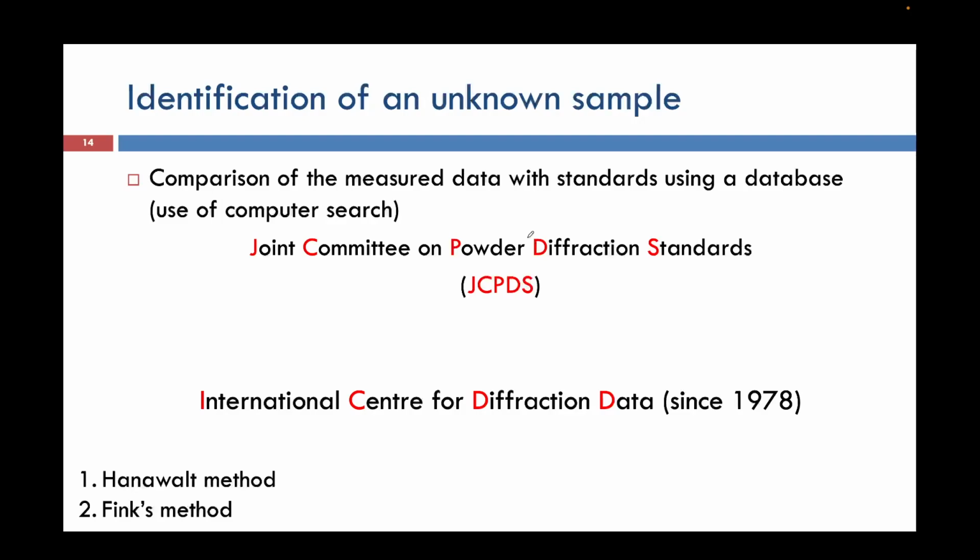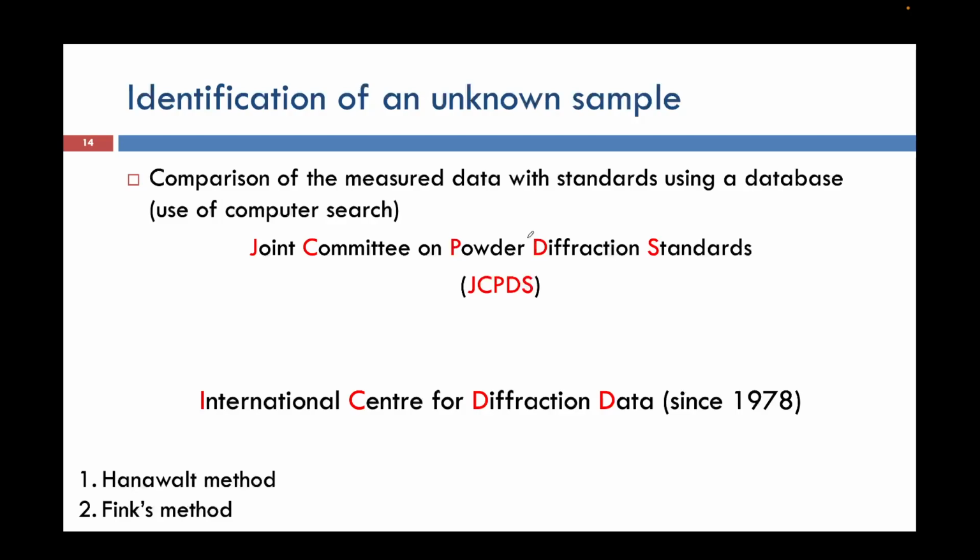So ultimately all those information we will get when we identify our sample, right? If we are not able to identify our sample, then we will not be able to get all the information. We cannot index those things, and once we cannot index those things, then we will not be able to get further information. So now comes the important section of X-ray diffraction, that is the identification of an unknown